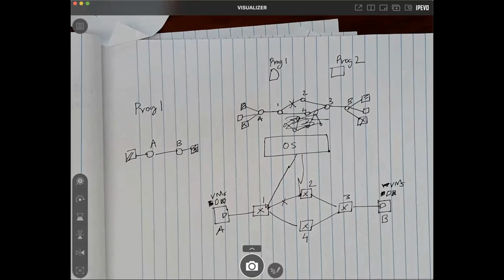Now when we don't have this link, the control policies have to be updated as well. The control program may have been routing this traffic via path 1, 2, 3, so it might have to reroute that path through 1, 4, 3. So this is a change in the control program that might be triggered based on this updated view of the network. Is this making sense to you folks? Yeah.